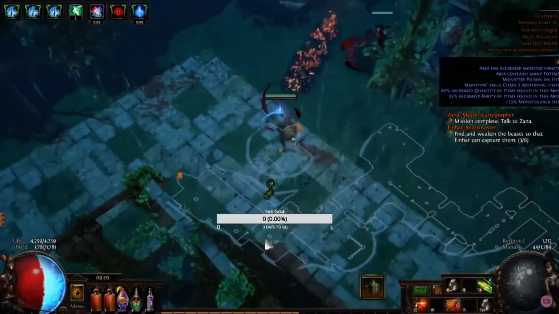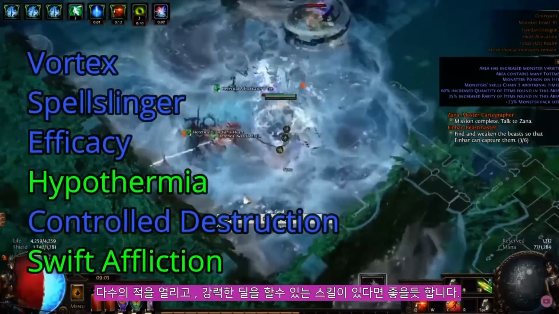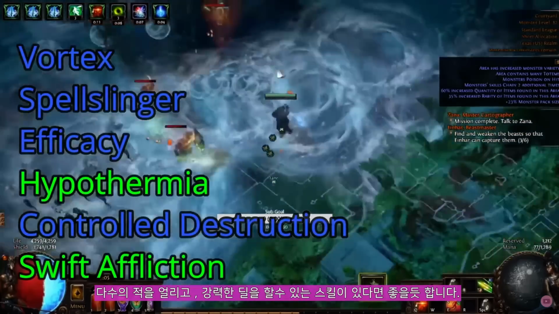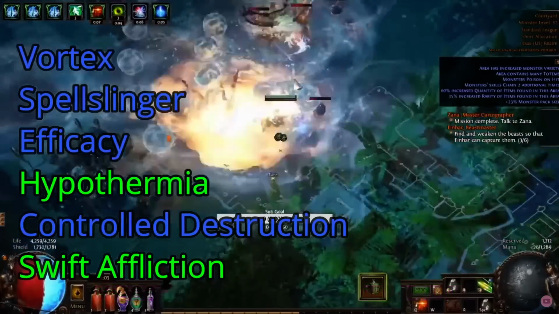Alright, let's get on with the skill links. First we have Vortex, the most important one, and that's going to be linked with Spellslinger of course, and then Efficacy, Hypothermia, Controlled Destruction, and Swift Affliction for your 6 links, and you'll want them